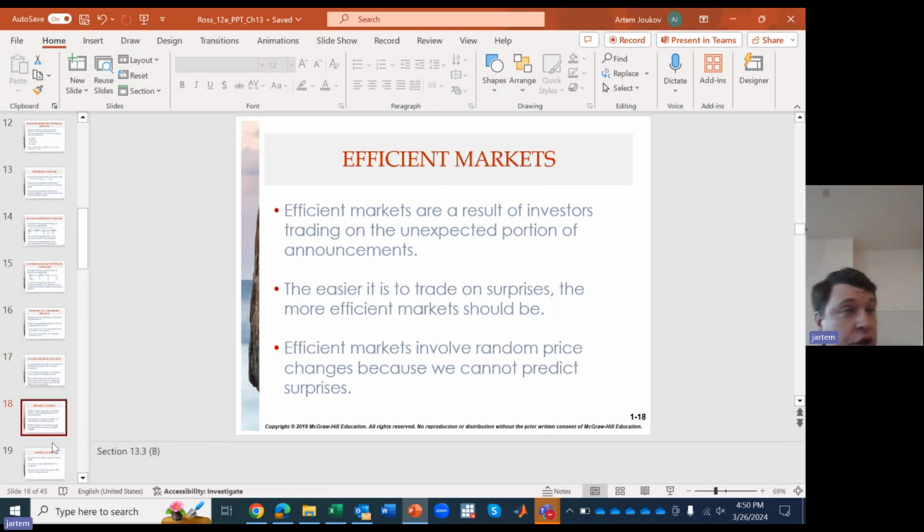Okay. But again, we should think about efficient markets. So the idea is that these unexpected portions of announcements are traded away very quickly. So you saw the reaction to Powell's words and how much trading and volatility there was based on everything he said. And that's what's happening, right? People traded on the surprise, but very quickly the efficiency of the market meant that all those smart people were able to reach a consensus about what that surprise should mean for the price of the S&P 500 index, for example, and very probably all of the 500 stocks within that index.